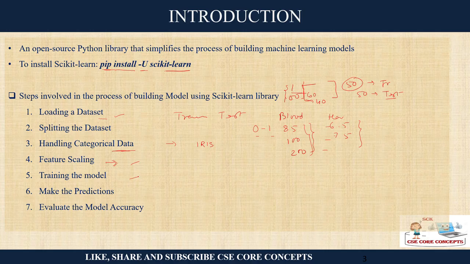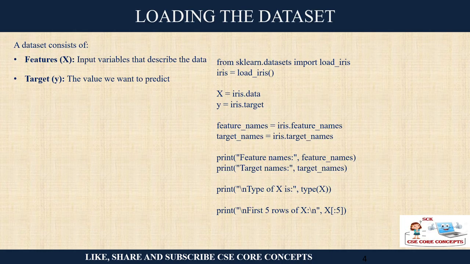Next is training the model; we will see how we can train the model, and after we have trained the model we will test the model. Testing here is called making the predictions. We will give some samples and ask it to predict which category each belongs to, and thereafter we will evaluate the model to see how correct it is. That is evaluation. All these steps we will be doing in 2 or 3 parts of the video. So let us get started with loading the data set.